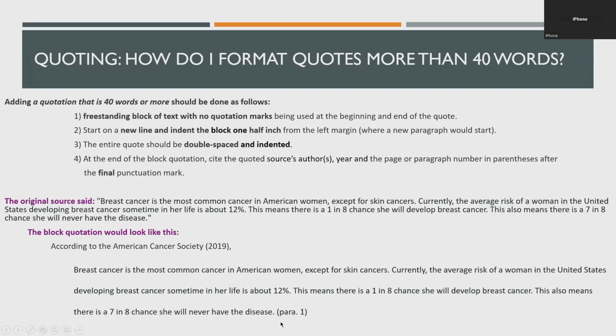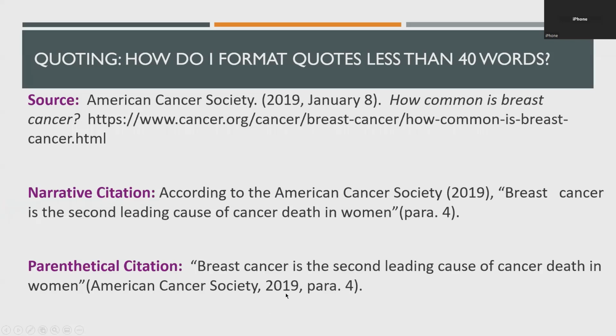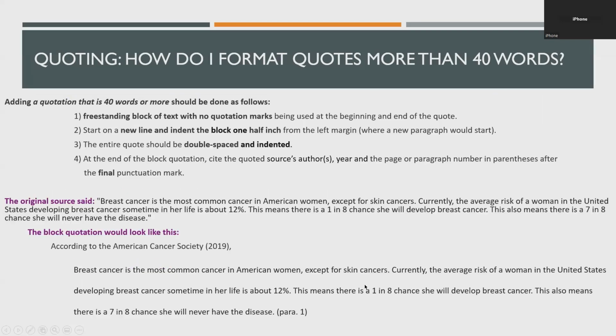And that's actually going to come after our end punctuation. Typically, like I said, the citation is considered part of the sentence. So my parenthetical citation here, American Cancer Society, is a part of the sentence, and I put my period at the end. That is not the case with block quotes. Here you'll notice I put my period, I've ended my quote, then I provide my parenthetical citation. I got this in paragraph 1.